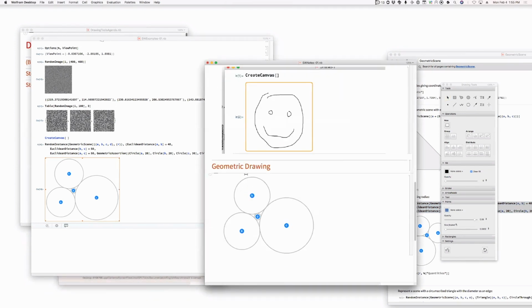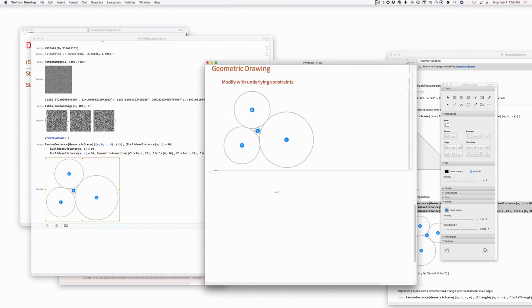And then one case here is modify with underlying constraints. And another case is draw from scratch. And maybe those are combinable. And draw from scratch involves a lot of snapping, I would think. Does it make sense to people? I mean, e.g.,